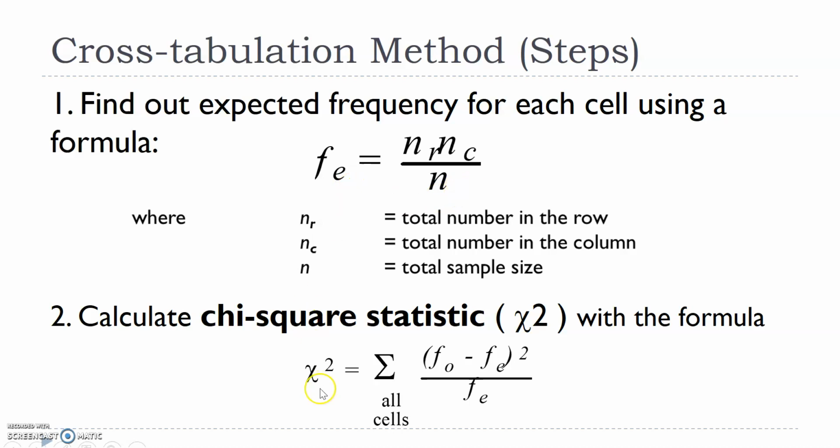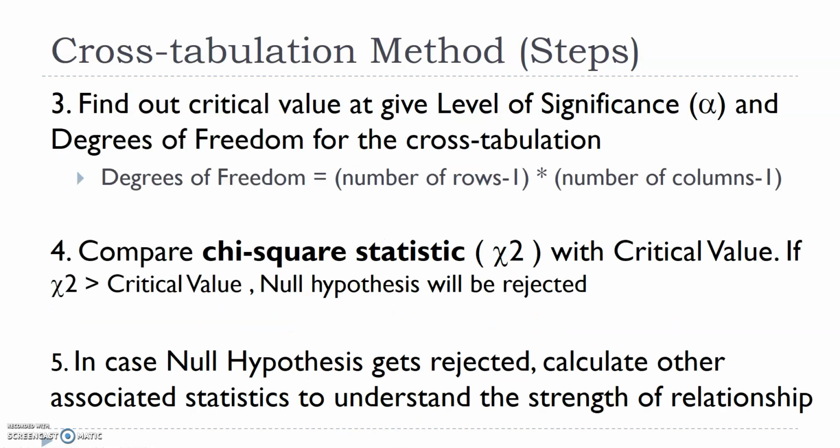Then we have to find something called the chi-square statistic. That is for each cell. I'll show you through an example, which will be a little better to understand, but just follow through these few slides right now. Frequency of observation minus frequency of expectation, squared, divided by frequency of expectation. I have to calculate this value for each cell. Then I sum up all the cells, and that gives me the chi-square value. That is my test statistic, the chi-square statistic I calculated.